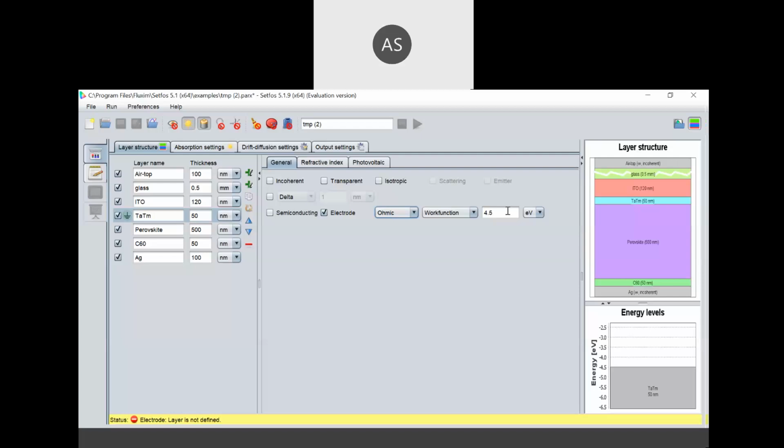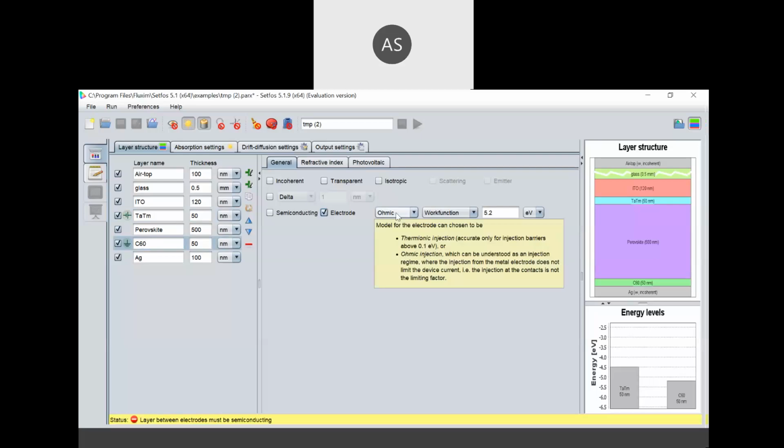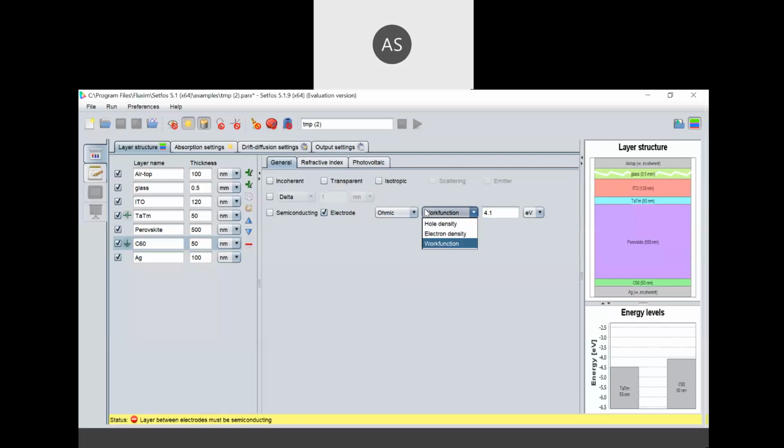Suppose your work function for the top layer is 5.2, so you can change it, and this C60 you can also use as a ground electrode. So this is as a ground, and you can also set the work function of this ground electrode. Now I changed it to 4.1, ohmic type, and these all are options.